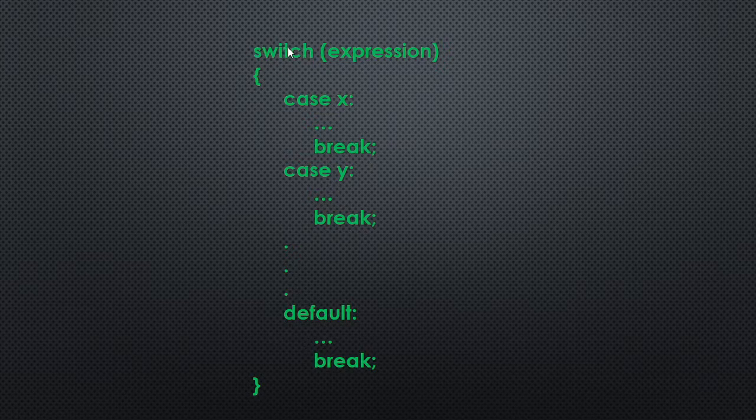I will use the switch keyword, then I will open the parentheses, and inside the parentheses I will write my expression, which can be a value, string, integer, whatever, and we will see an example for this. And then I will open and close the curly brackets, and inside the curly brackets I have to write my cases. The first case: if the expression is equal to this x, then the compiler will come and execute this